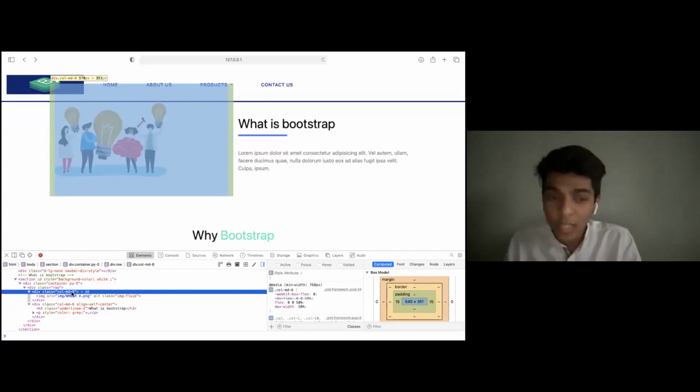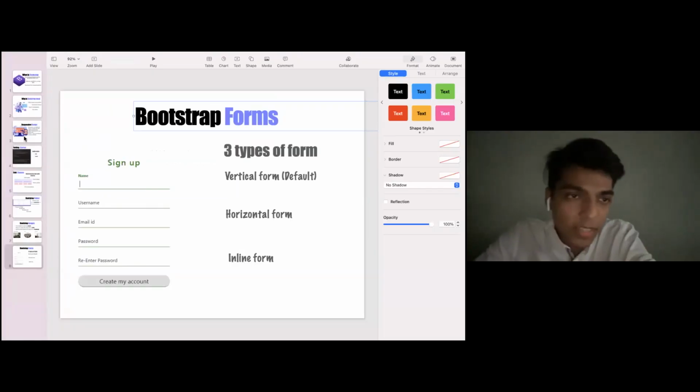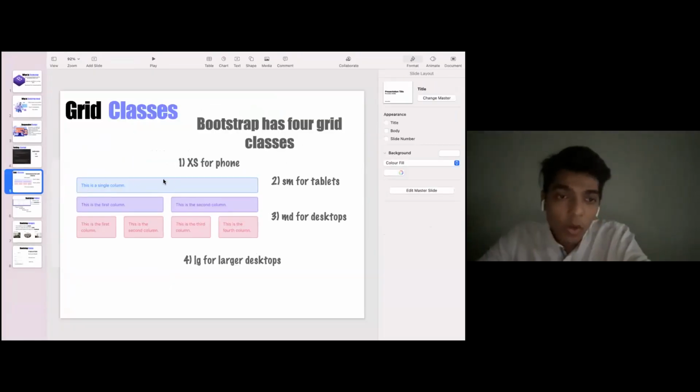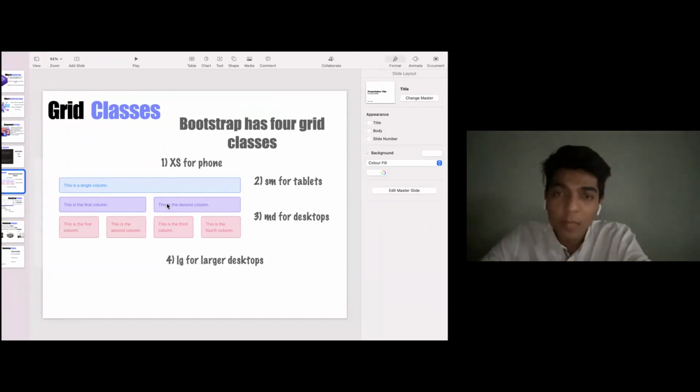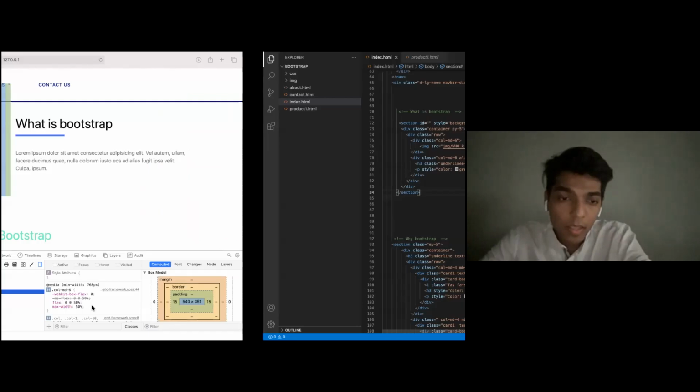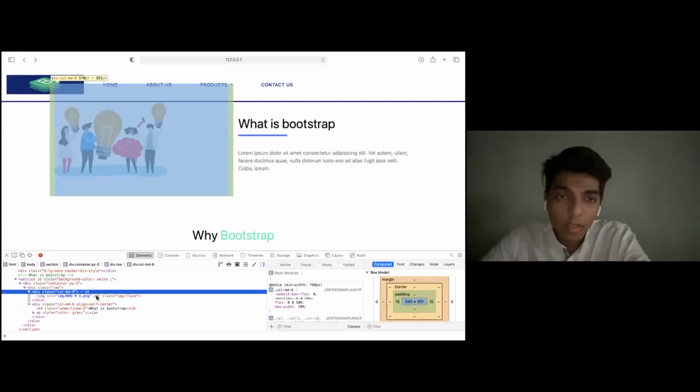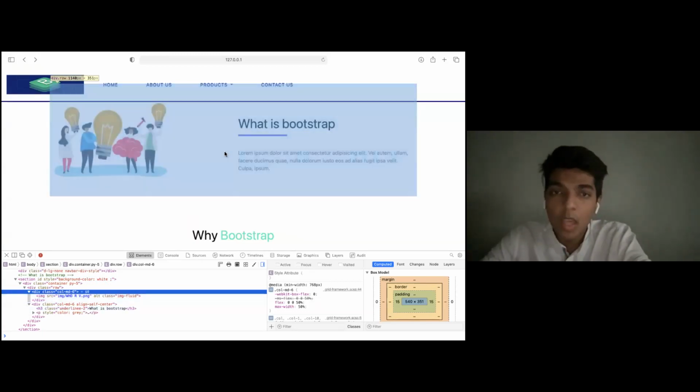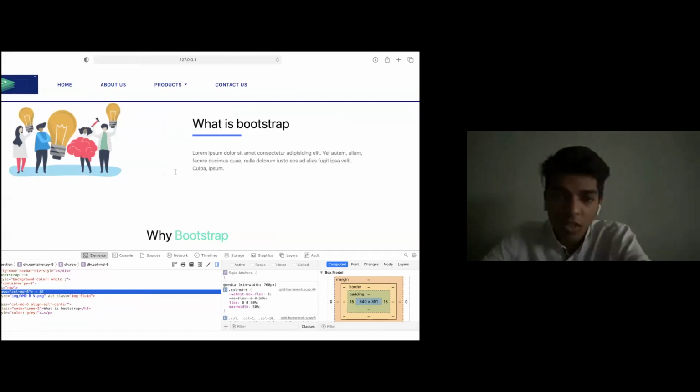So by doing this, by assigning column and putting that in a row, both of them would have default padding. They both would be separated, as we saw in the presentation over here. This was of column 12. This is of column 6. So this is the first column, which is of column 6. This is the second column, which is of column 6. And this default padding has been provided to us. As you can see, here the green one is the default padding that is being provided to us. So this is how the column functions.